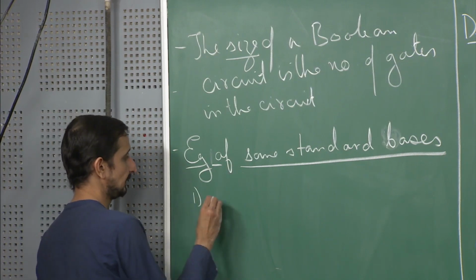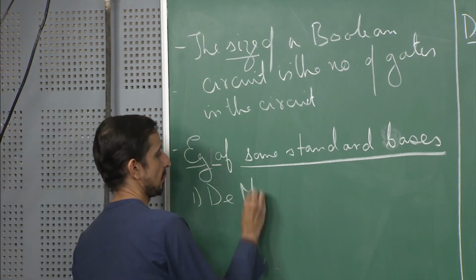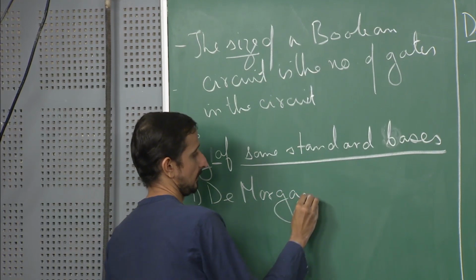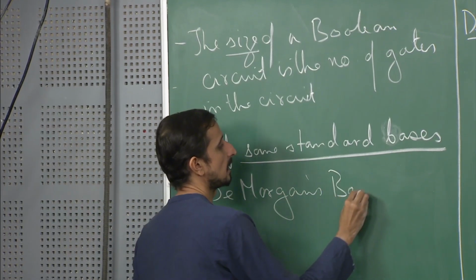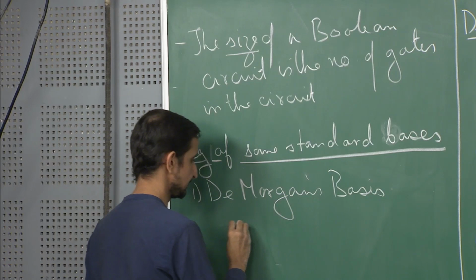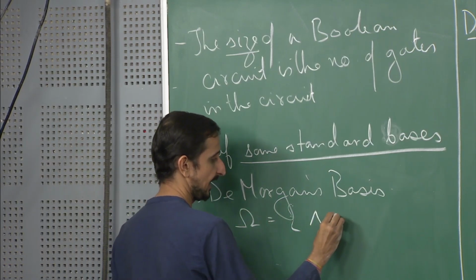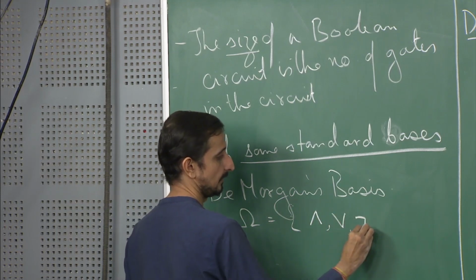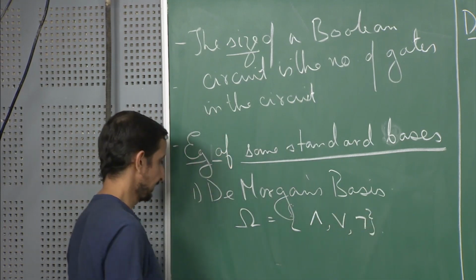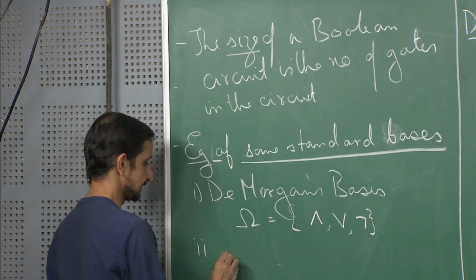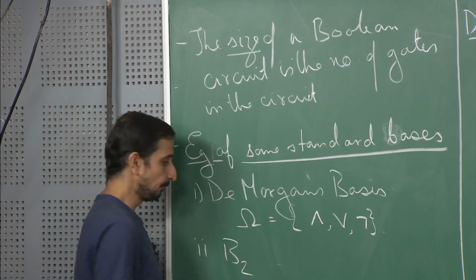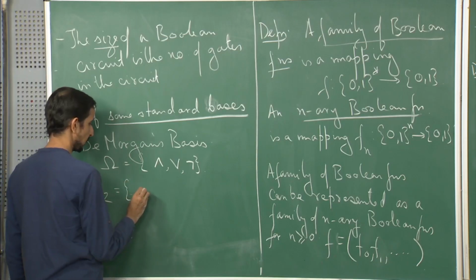So we have the De Morgan's basis, which is represented also as omega. It consists of the gates AND, OR, and NOT. We have the basis B2, which is essentially